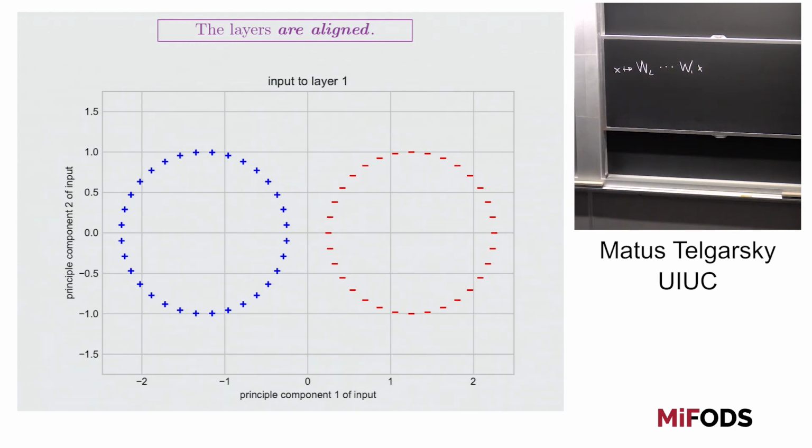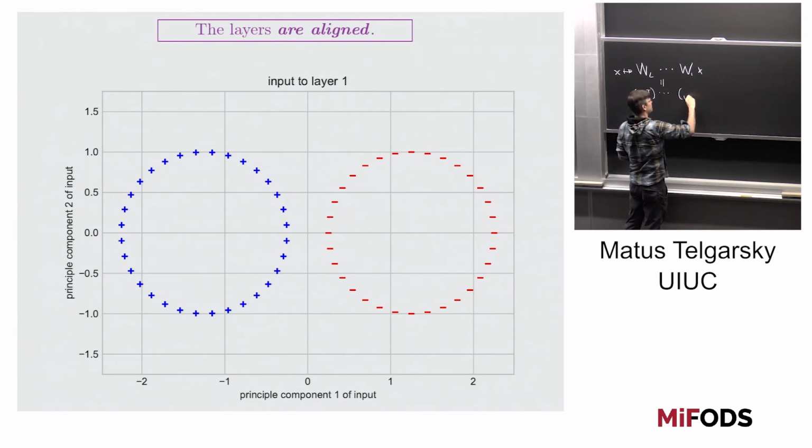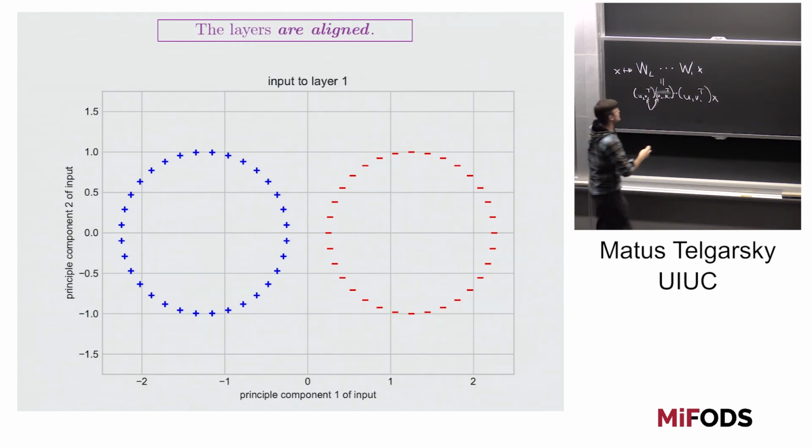So here's the predictor. And what I'm saying is that this becomes asymptotically rank 1. So I get all these rank 1 matrices. And moreover, what I'm saying is that they're aligned, so these things become asymptotically equal. So asymptotically,